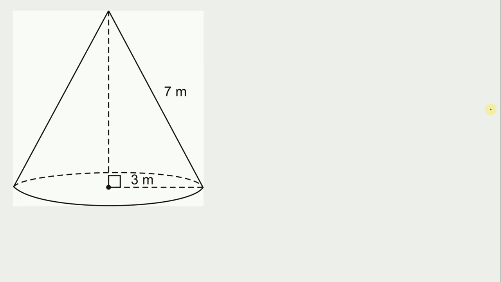So if you want to write this in your notebook, that would be good, or on the back of the foldable. So I have volume is 1/3, forgot the 1/3, pi r squared times my height. So 1/3 times pi, 3.14, times my radius, which in this case is 3, squared, times, oh,